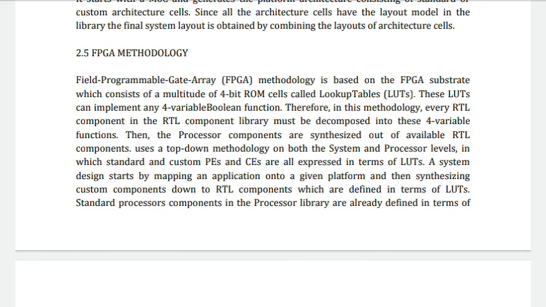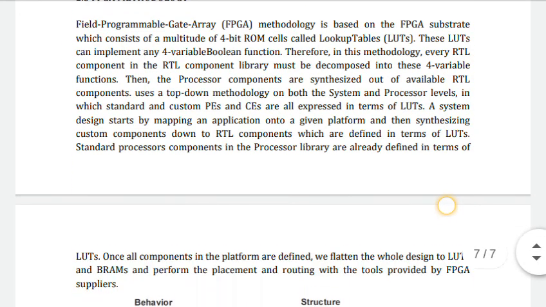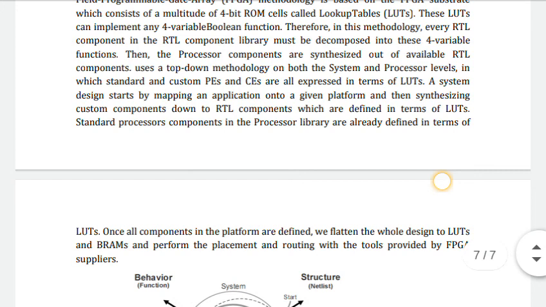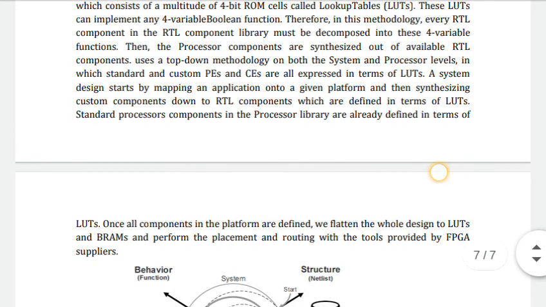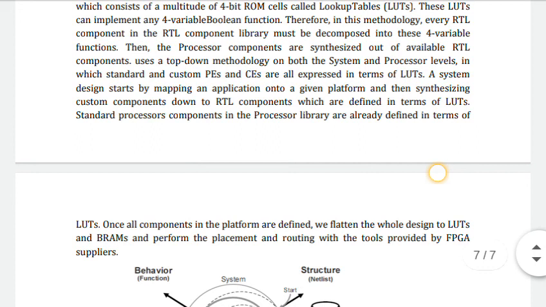Then the processor components are synthesized out of available RTL components. Okay, here they use the top-down methodology for the system and the processor level, in which standard and custom processing elements and communication elements are all expressed in terms of lookup tables.